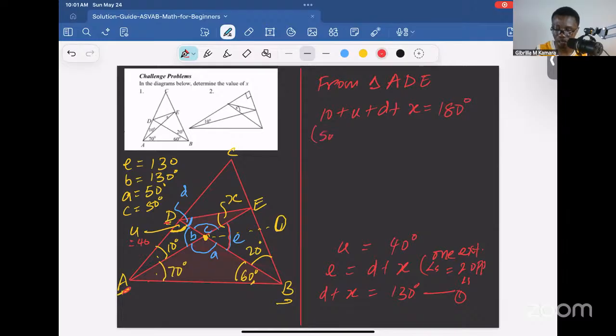Why? Sum of angles in a triangle. Okay? So this is 10 plus U is 40. We don't know D, we don't know X. We say everything equals to